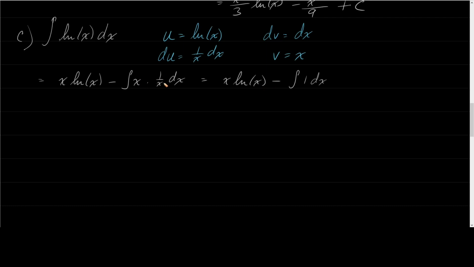Because this x times 1 over x reduces to just 1. So my final answer here would be x ln of x minus x plus c, because, well, the integral of 1 dx is just x. All right, and again, this was an example where it didn't look like it would need integration by parts